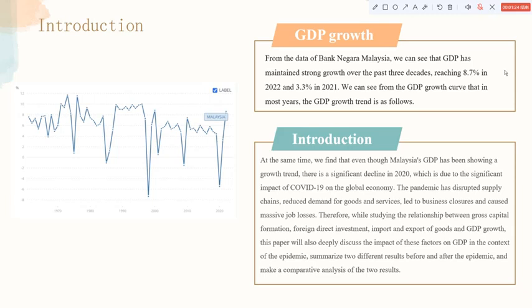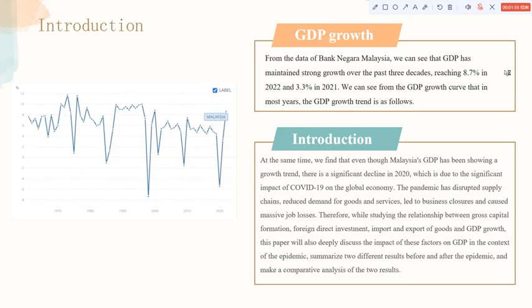We can see from the GDP growth curve that in most years, the GDP growth rate is positive. One can see that in 2020, the economy was in a state of negative growth. What factors lead to the economic decline is worth exploring. Numerous studies have been conducted in the past to identify the factors affecting GDP growth and found that for Malaysia,